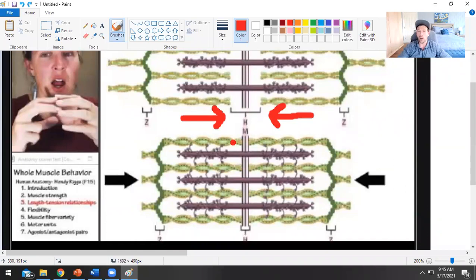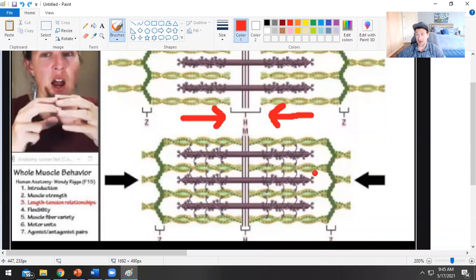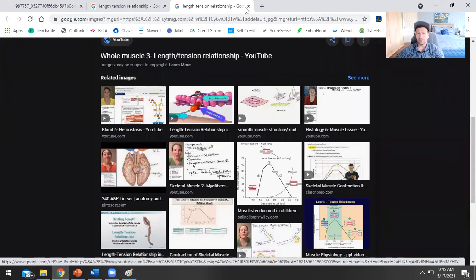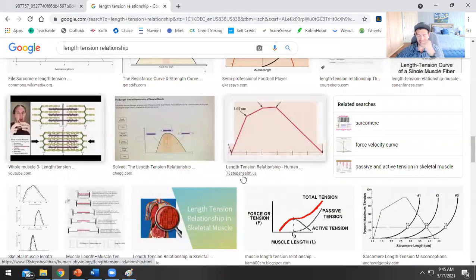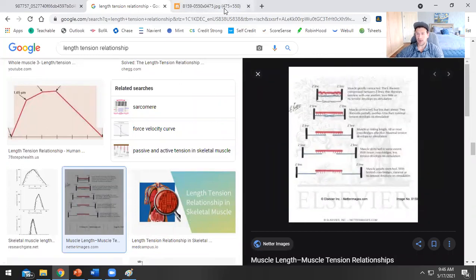But here's the thing. What if your muscle gets so used to contracting that it already sort of passively is in this position like this, right? What if it's kind of stuck like that? Well, now you've got a muscle that we consider overactive. You've got a muscle that has an altered length tension relationship and it won't relax anymore. So now you've got muscles that are not going to be able to contract enough,